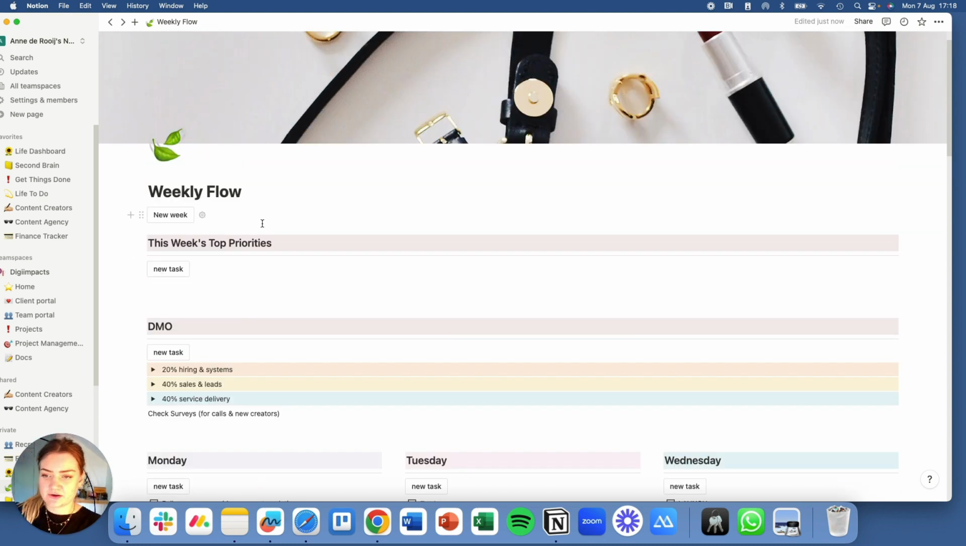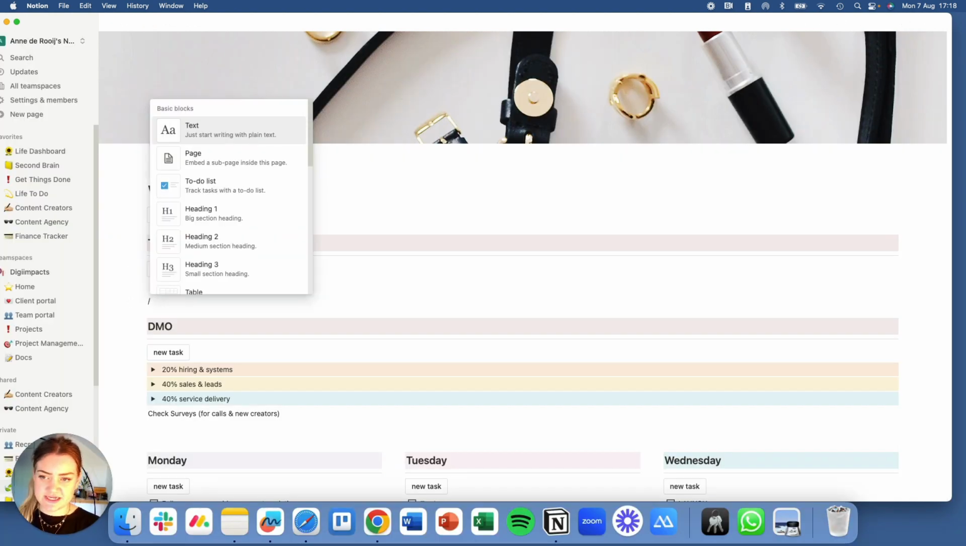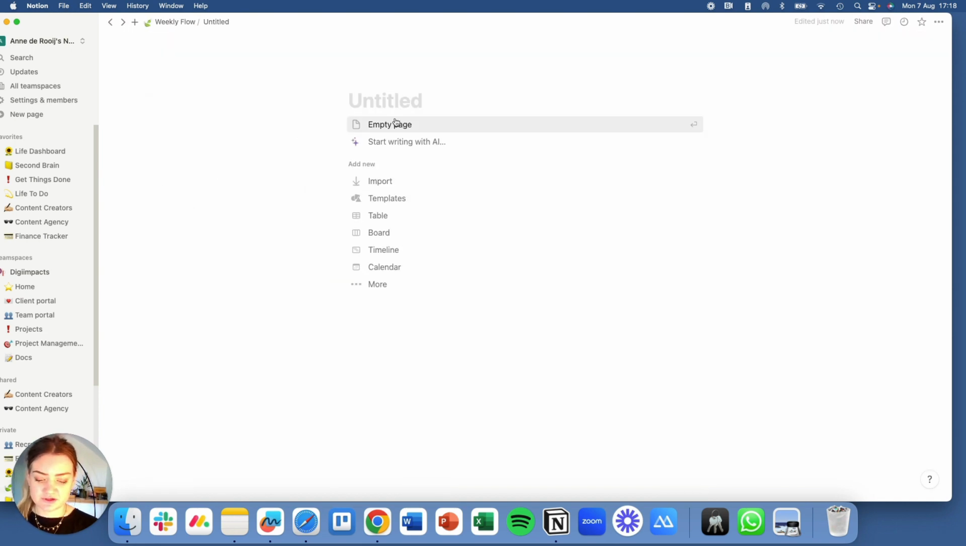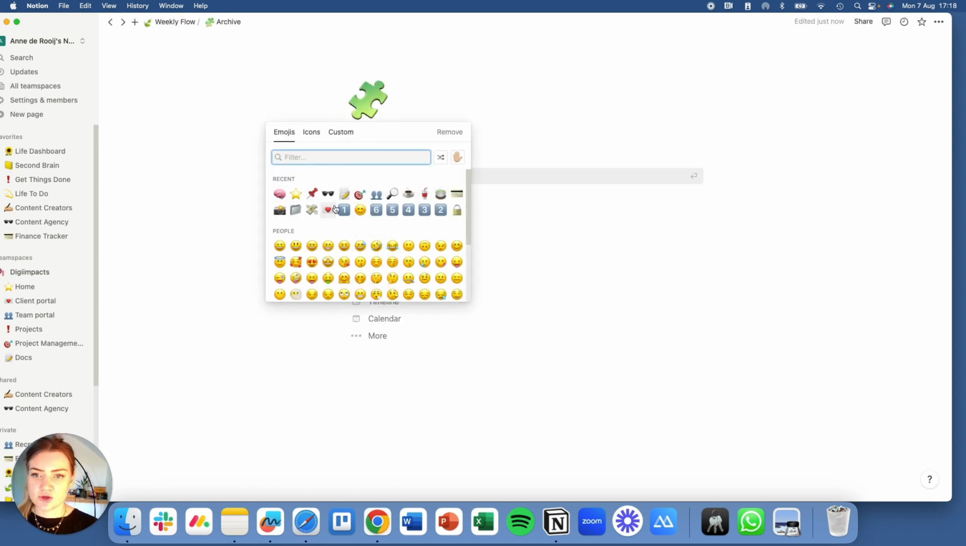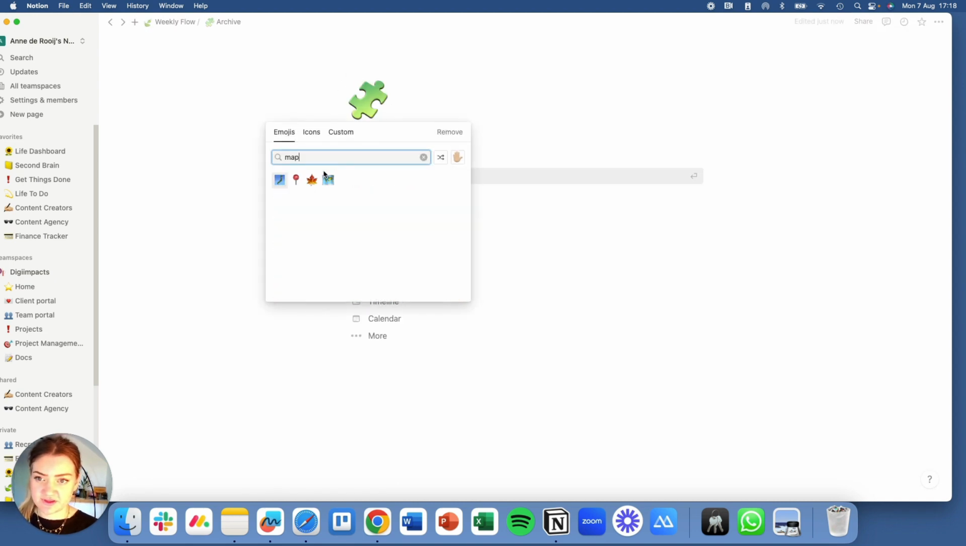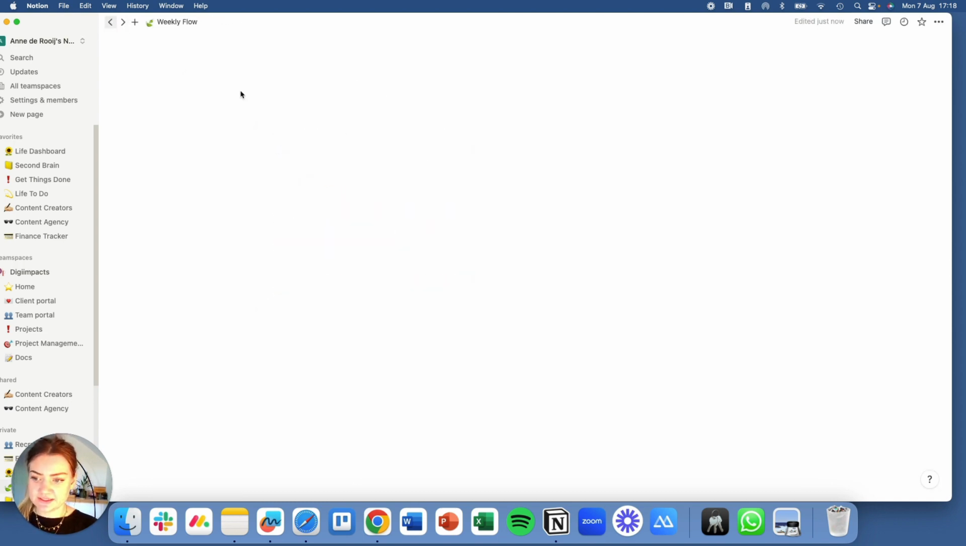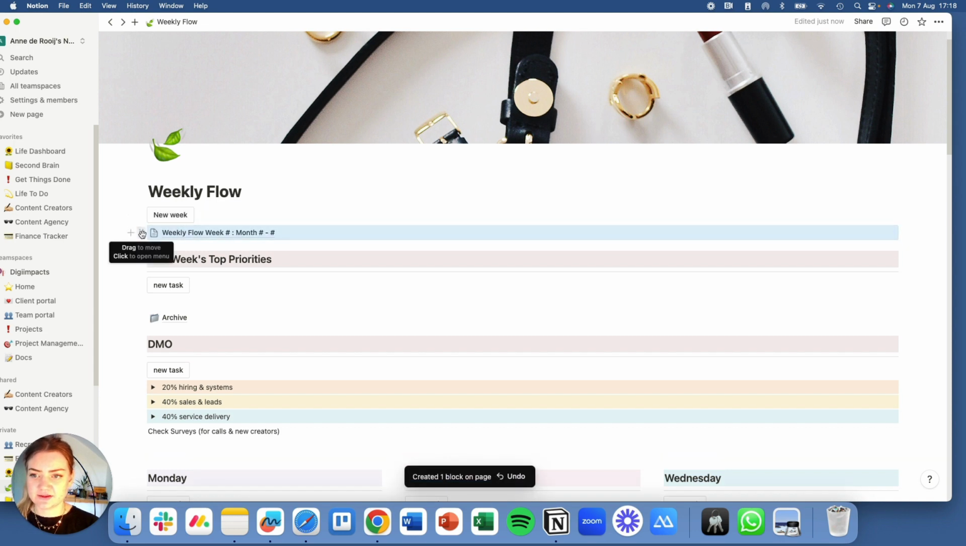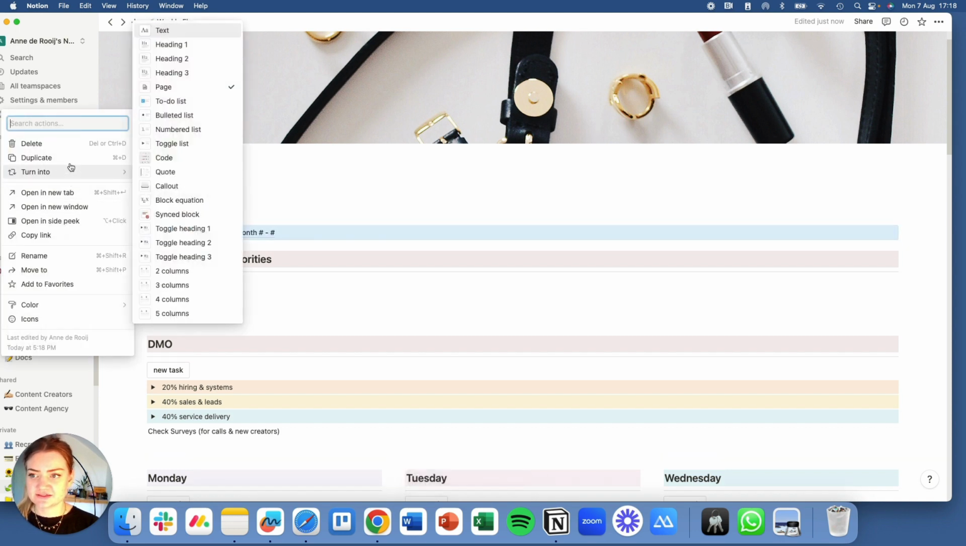And if you want to make an archive folder, you would just type the slash, then you make a page. You just call it archive, then add the icon, map or something, folder. Yeah, amazing. And then if you're done with the week, let's say new week, and your week is in text,